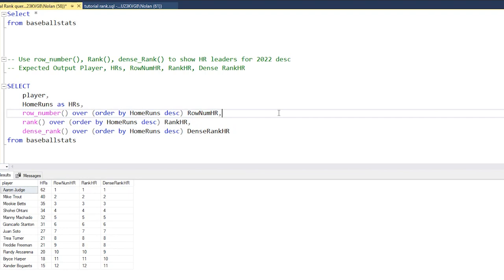So here are our results. So Aaron Judge hit 62 home runs last year. He is number one across the board in all of these. Mike Trout had 40 home runs. He is number two based off this player list. Mookie Betts had 35, which is 3. So you can see that these are identical for the top 5 players, but it gets interesting at 8